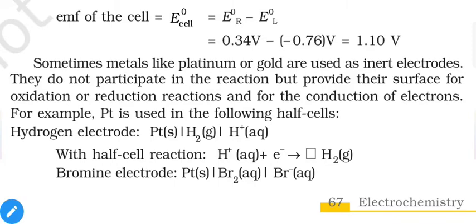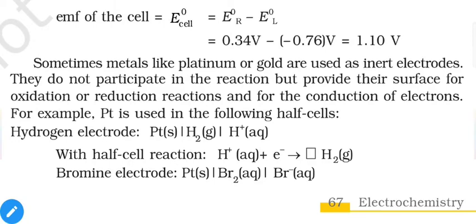Okay, so the hydrogen half cell uses platinum because it requires a surface for conduction of electricity between H2 and H+. They cannot directly give and take electrons. They need some solid surface to do that. So when the oxidation reaction of hydrogen takes place, then H2 molecules will donate electrons on the surface of platinum, and when the reduction reaction takes place, then H plus will accept electrons from the platinum surface and it will convert into H2.